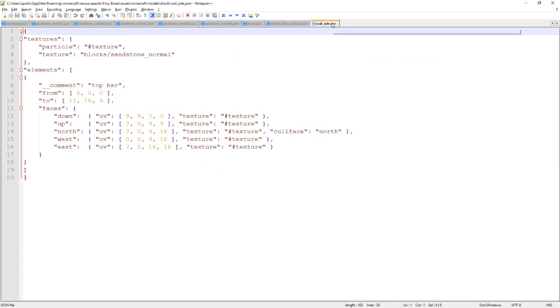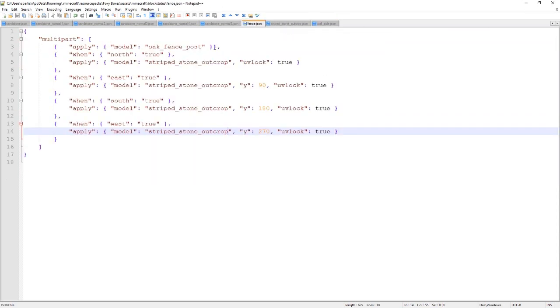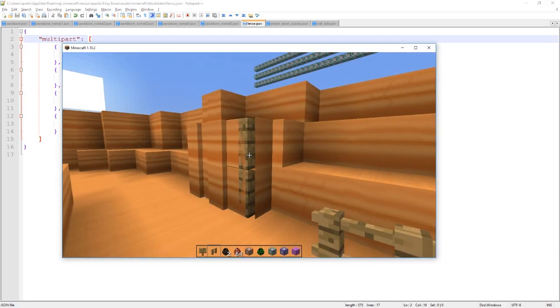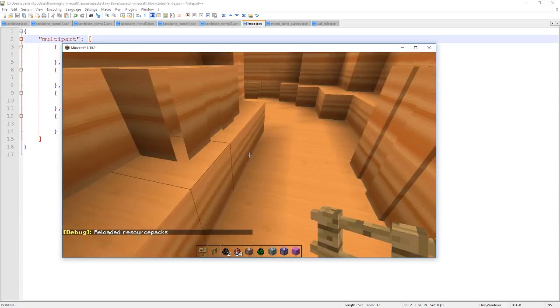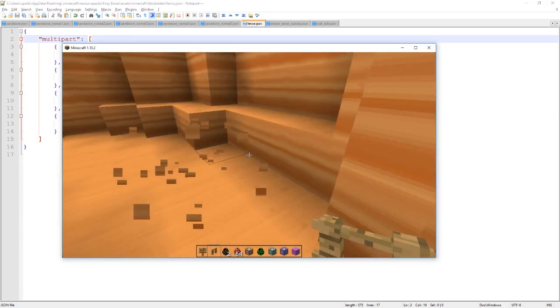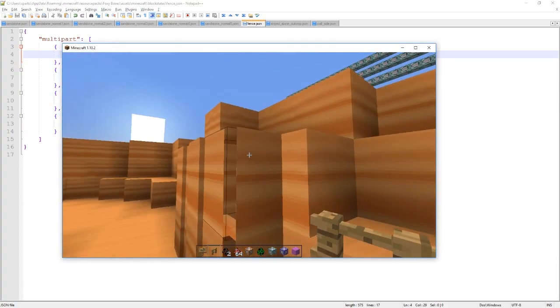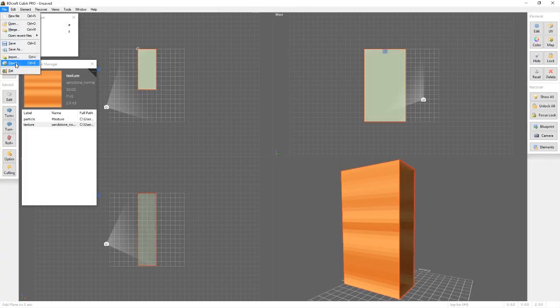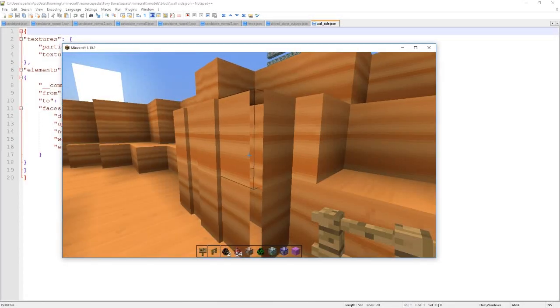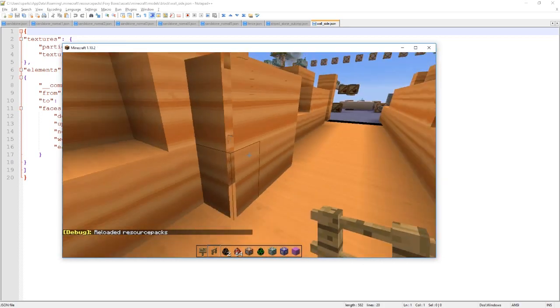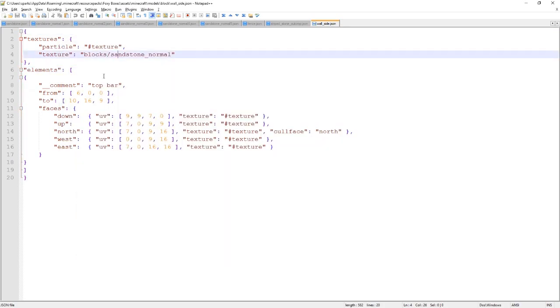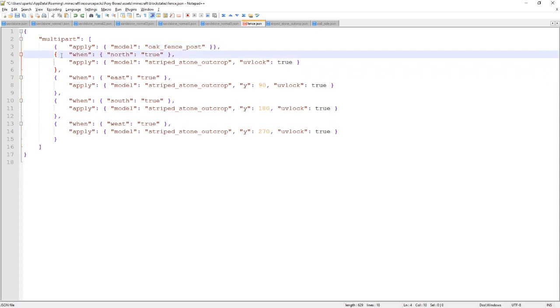What I was doing just then was trying to make the model wider in one direction than the other, because I hoped it would fill it, but it looks like it creates this sort of zigzag pattern like you can see right there, so it doesn't really work like that, unfortunately. I haven't worked out how to cover the top of the fence model, which you will probably see in a moment. I haven't worked out how to do that yet as of recording, and then I try and work out how to create